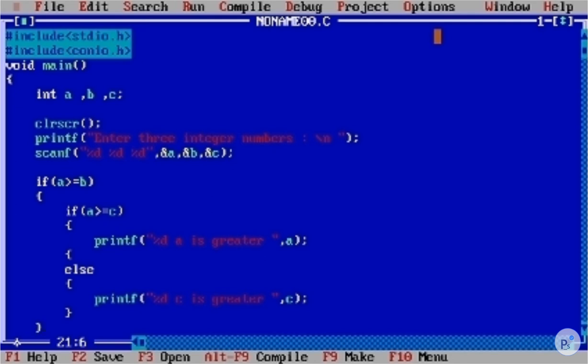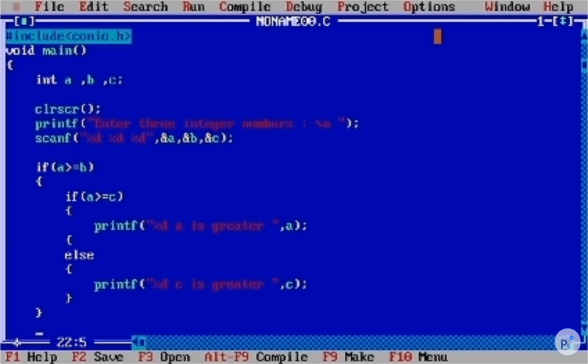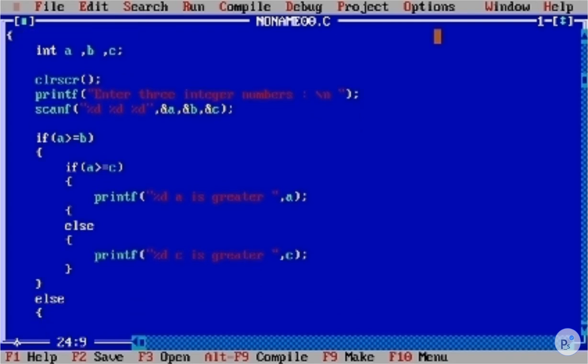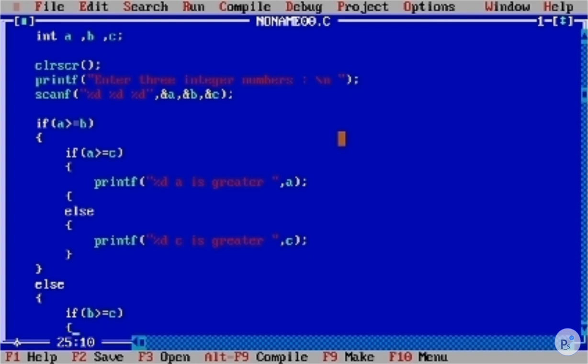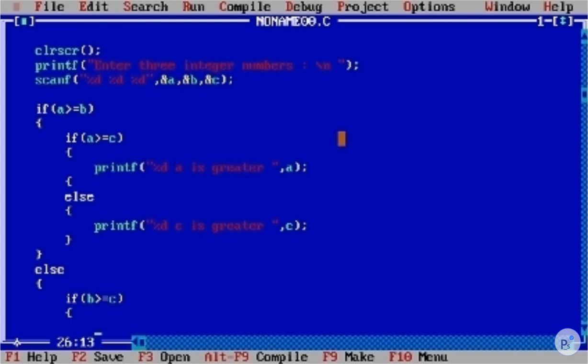Here our if block will close, so there will be an else. After a is not greater, meaning this condition is false, variable b is greater. So we need to check if b is greater than or equal to c, as we have to compare all three variables.